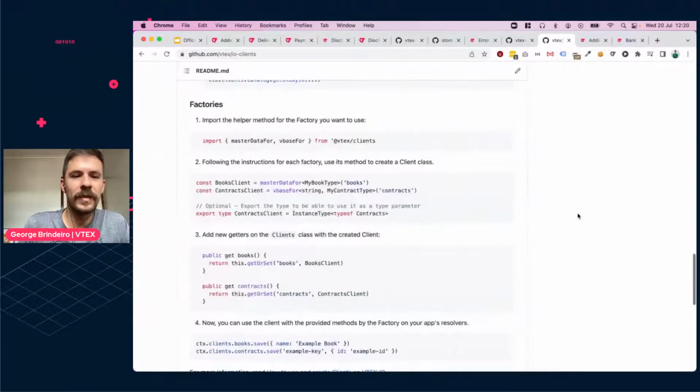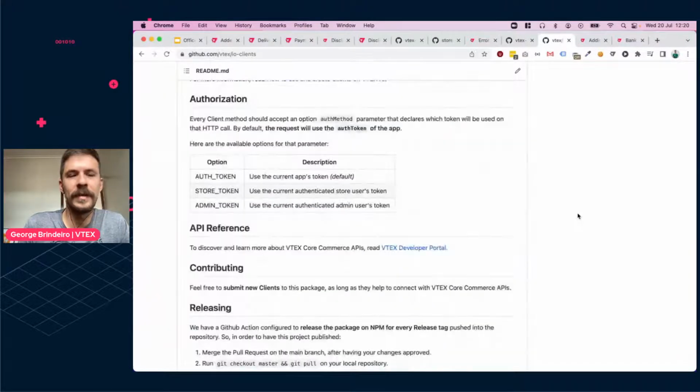Definitely recommend looking through it, and you could even say which authentication method you'd like to use. If you want to use the app's token, which would have the permissions for your policies there in your app, or you could use a store user's token or an admin user's token if you're using that for an app that users interact with and log in through. Either way,